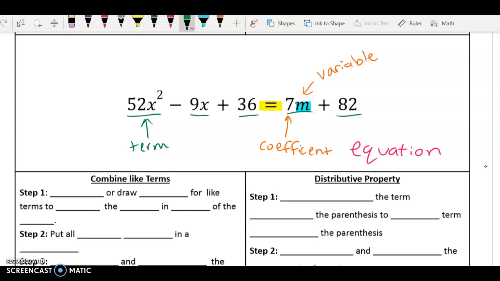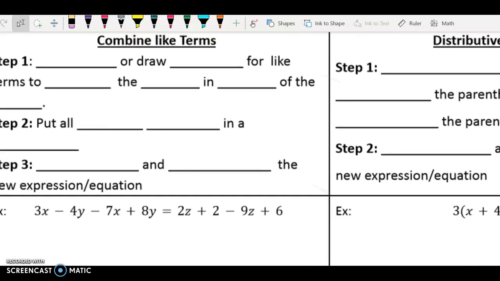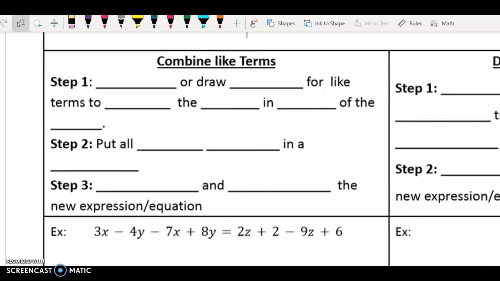All right, so the last thing we're going to look at in this video is how to combine like terms. The next video will be on the distributive property. We are not there yet. I'm going to make it a little bit bigger for us so that we can see the definition and the steps. To combine like terms, think about "like." What does "like" mean? Things that are alike that we can combine. Okay, so what we're going to do is